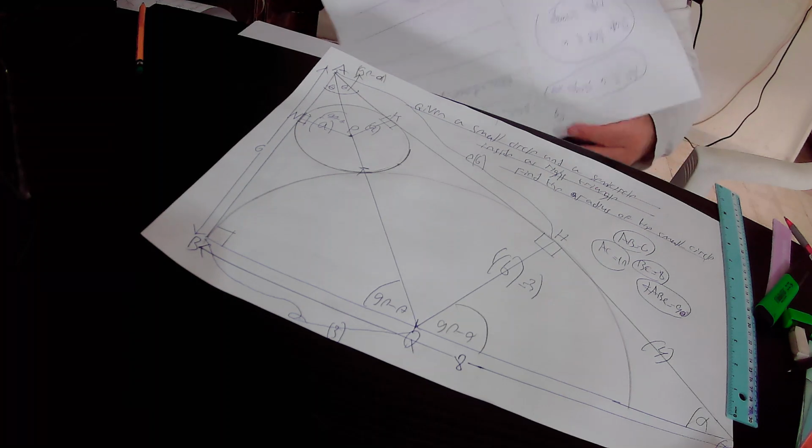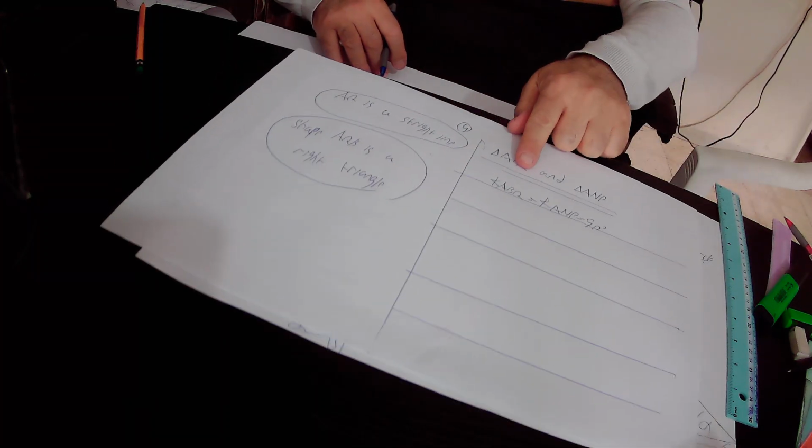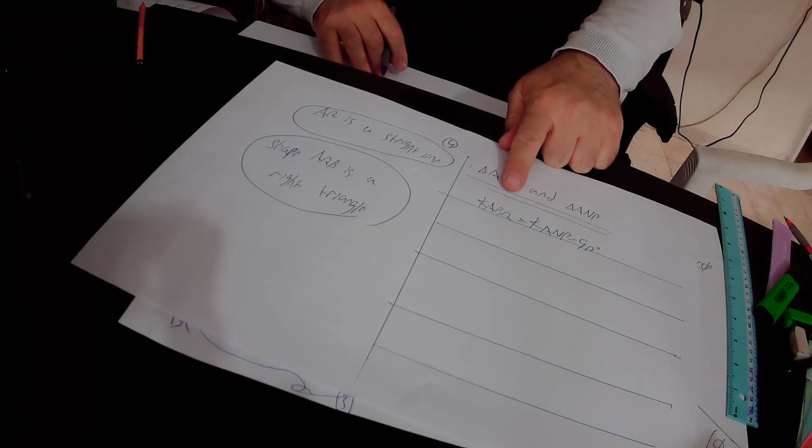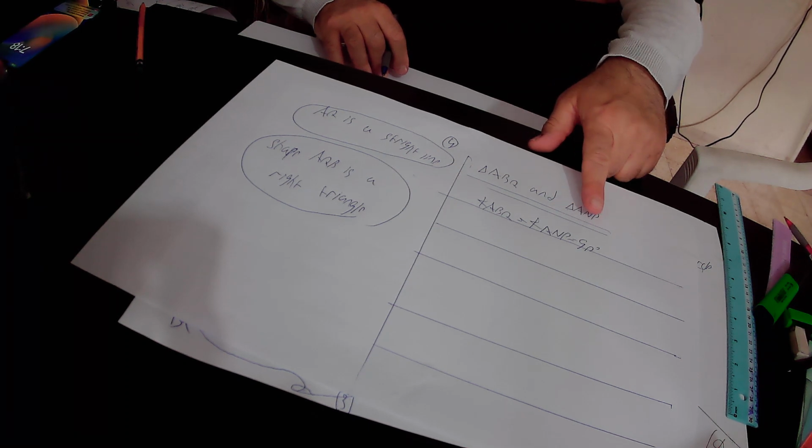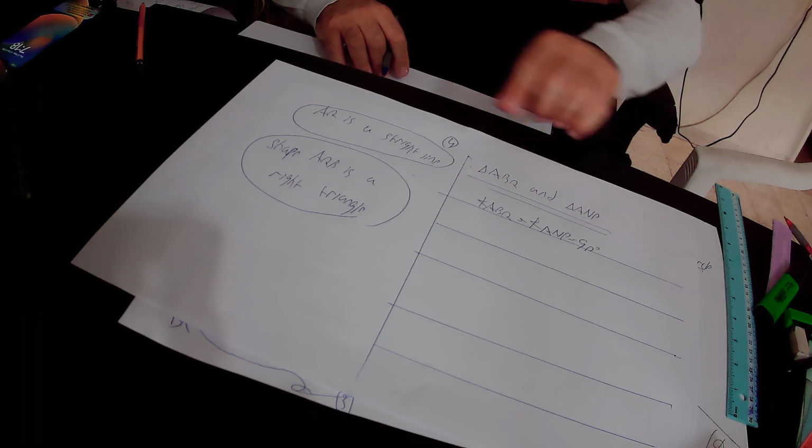Again, angle ABQ in the big right triangle ABQ equals angle ANP in the right small triangle ANP. They are both equal to 90 degrees, therefore they are equal to each other. In addition,